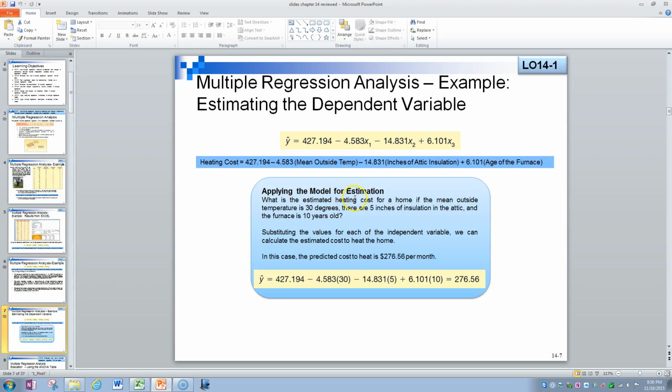We can apply the model for estimation. What is the estimated heating cost for a home if the mean outside temperature is, let's say, 30 degrees, there are 5 inches of insulation in the attic, and the furnace is 10 years old? Substituting the values for each of the independent variables, we can calculate the estimated cost to heat the home. In this case, the predicted cost is